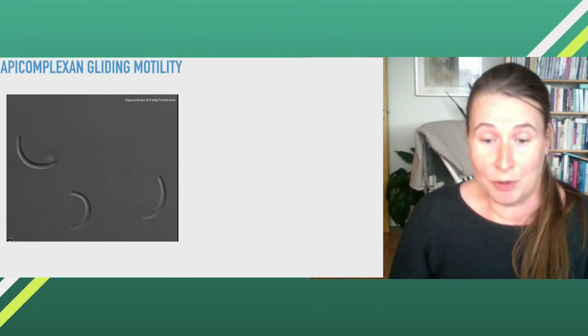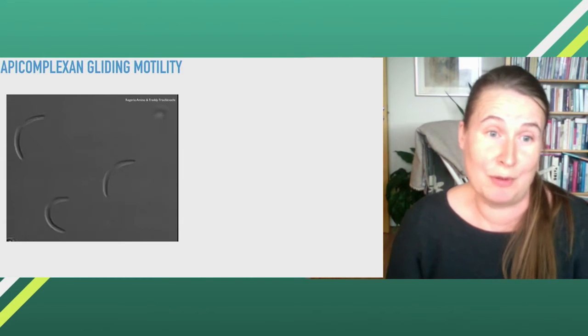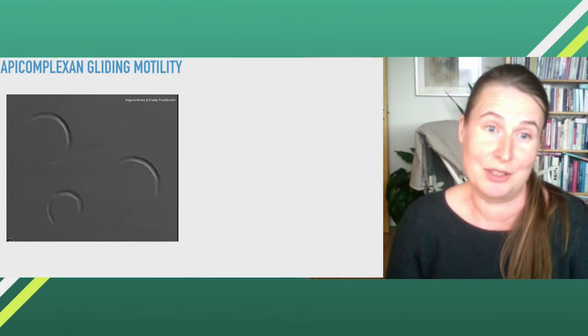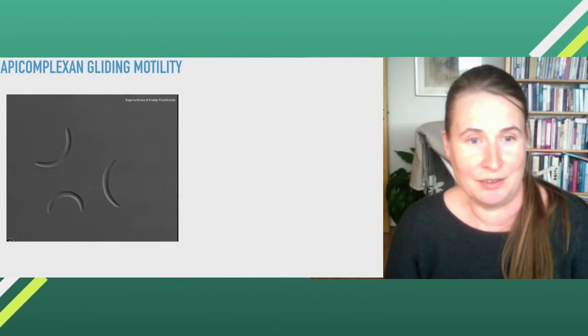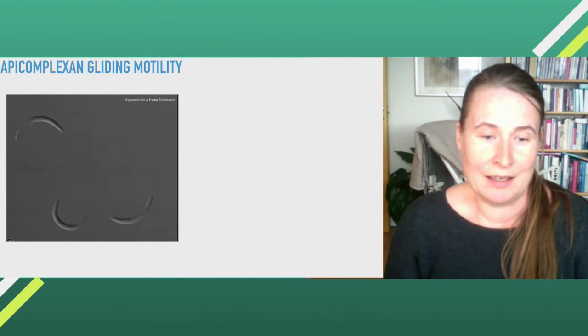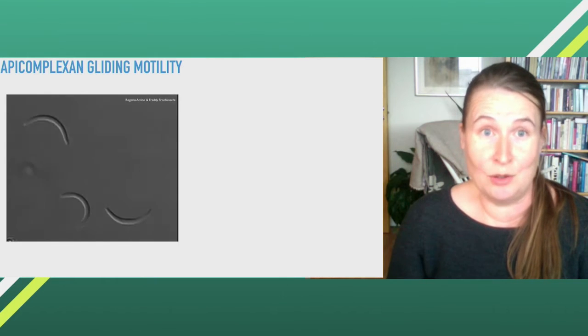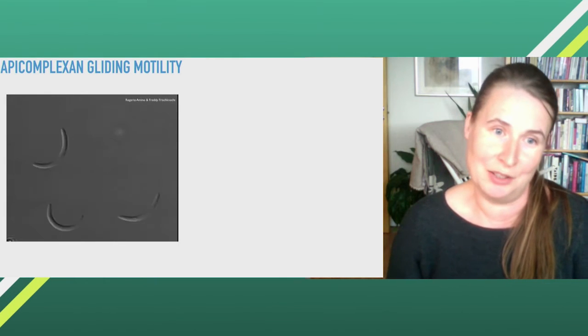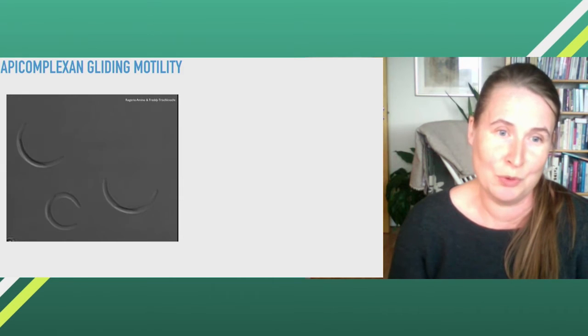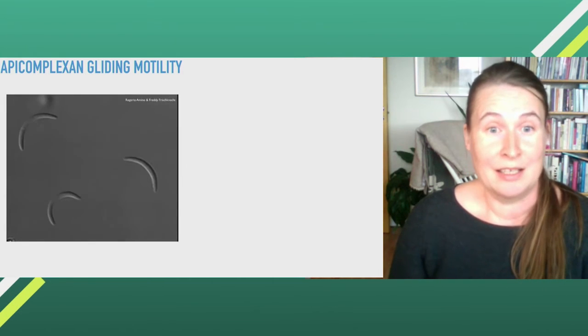Here you can see sporozoites. So this is the first form of the parasite that the human host encounters. And here they are gliding on a glass slide. And their motility is indeed called gliding motility because, as you see, they glide very, very smoothly and very rapidly